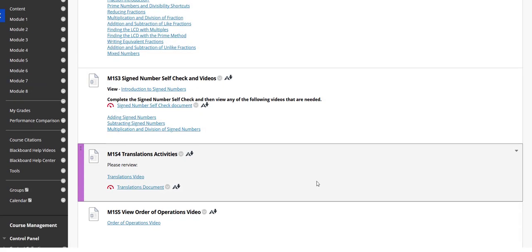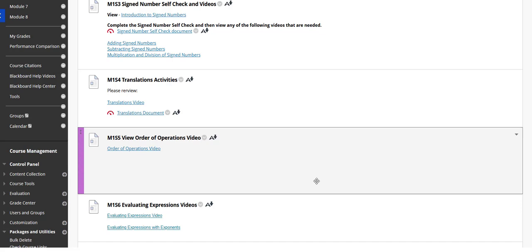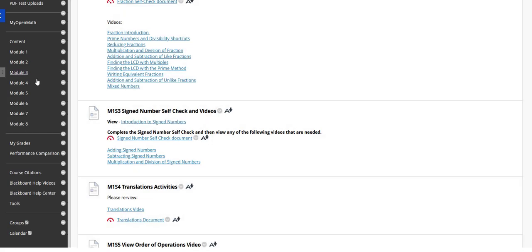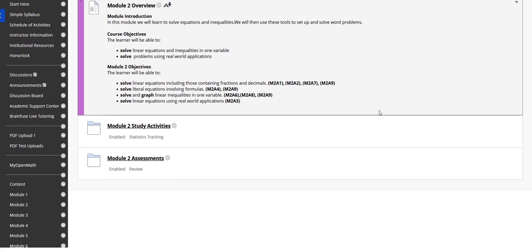All right, so that is basically how you work in the course. Just remember your resources are under these module folders, and it's the study folder that has your resources. Then the assessments. Assessments is where your tests are. Your first test, test 2,